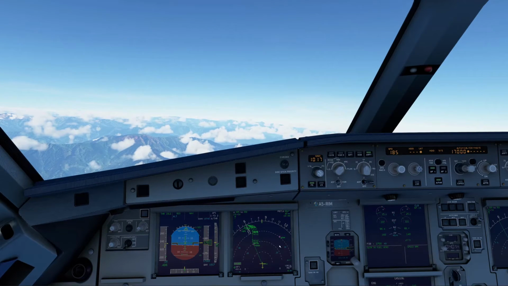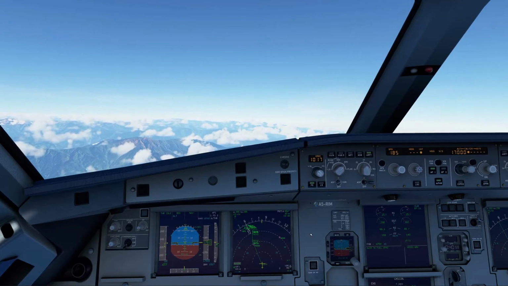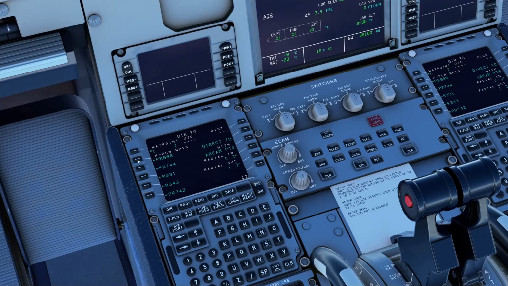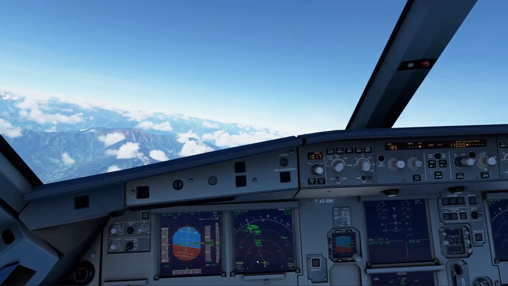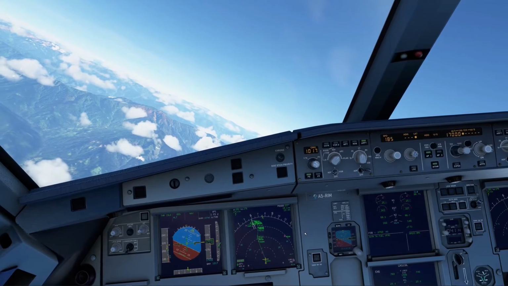No, actually, it won't do that. You notice that our track is going that way. So what we need to do is go to our direct to, select PR888 and insert that. And now you can see the aircraft is correcting itself. That's one of the things I was telling you about.